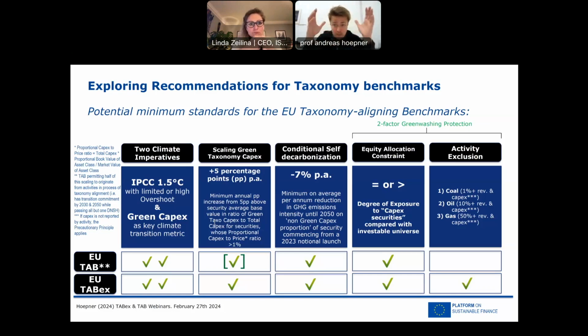incentive for any bank and any banker here on the call today to think about structuring a refinance security for the bank itself, where the conditions of the TAB or the TABEX are very much mirrored, and then carries the same concept into private markets by giving loans to companies that can basically back them up with green capex. So bank securities will absolutely be there. If general purpose securities of each and every bank will be there, that of course depends on the bank.